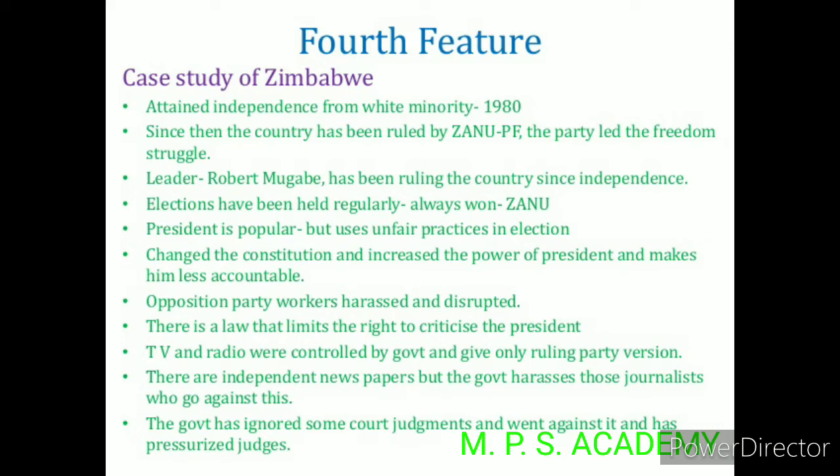The party led the freedom struggle. Yes, the party ZANU-PF. The leader is Robert Mugabe. He has been ruling the country since independence. Elections have been held regularly. Always one party won, and that is ZANU. The president is popular but uses unfair practices in elections, changes the constitution and increases the power of the president and